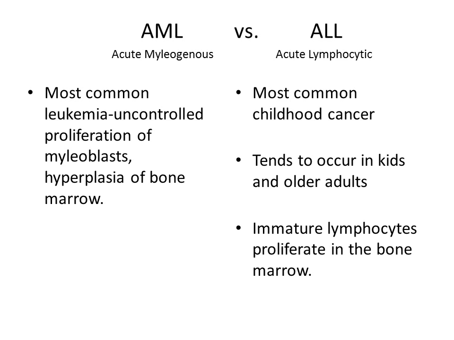Here was just a little chart for you to compare the different types. You see the AML is the myeloblast and the hyperplasia of the bone marrow. The ALL is the lymphocytes, and it tends to be in children or older adults. You can have acute or chronic. In chronic,